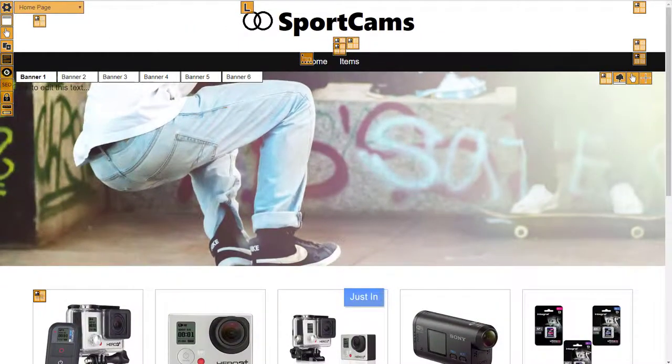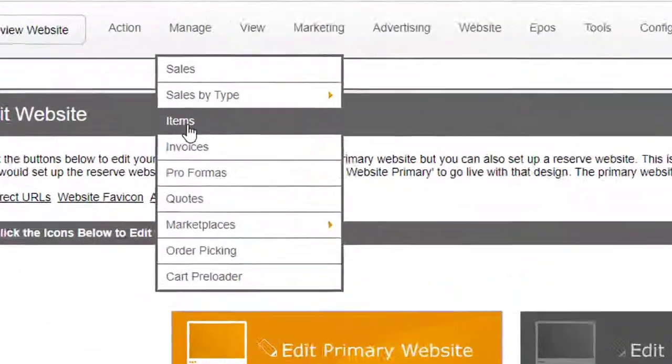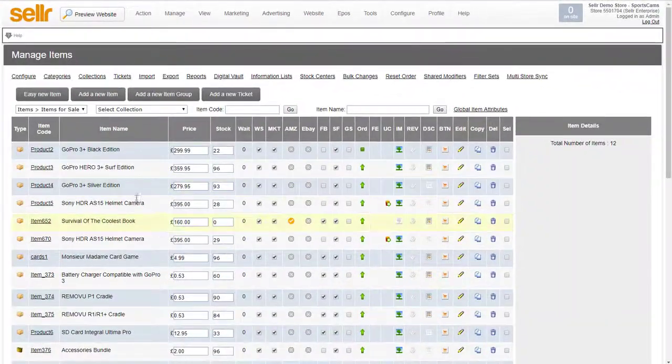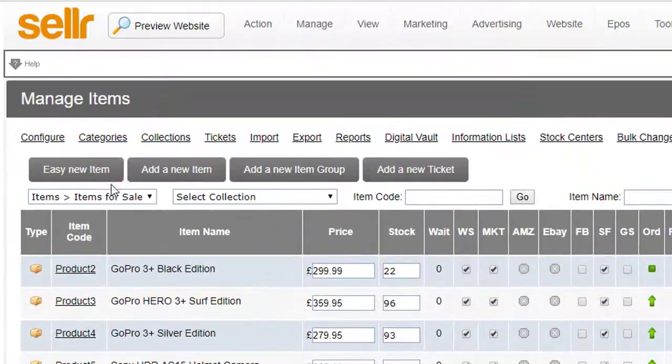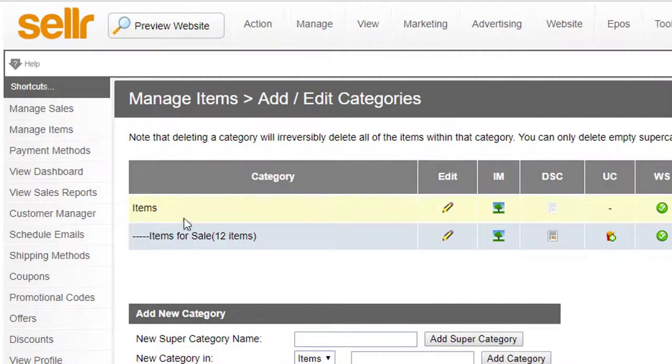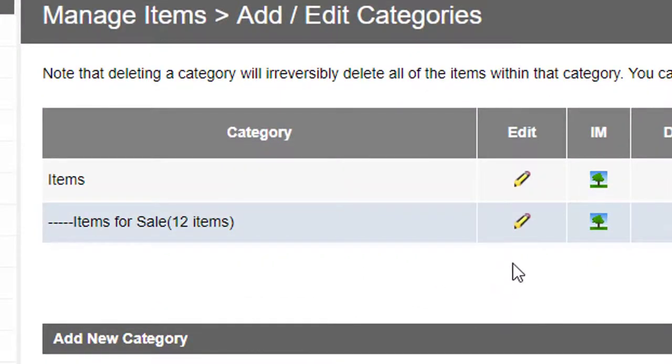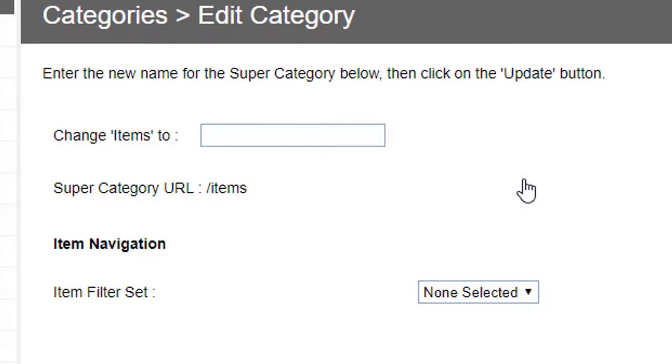If I flip back to the control panel, go to manage items. I've already loaded some products on here. If I click on categories, though, this is set up just the same as when you sign up to Sellr, and you'll see it's got a super category called items and a category called items for sale. So firstly, you're probably not going to want to call it that, so I'm just going to change that at the moment. So if I change items to be cameras,